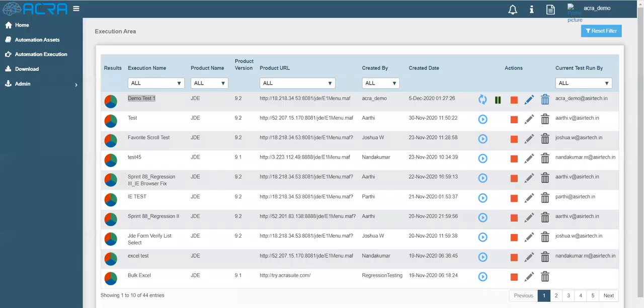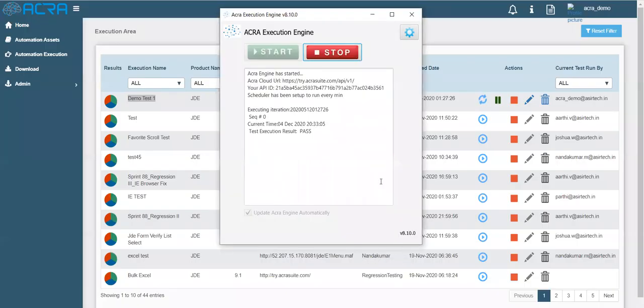Once the execution is over, the appropriate results will be updated in the engine GUI.